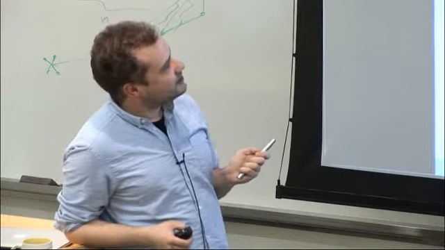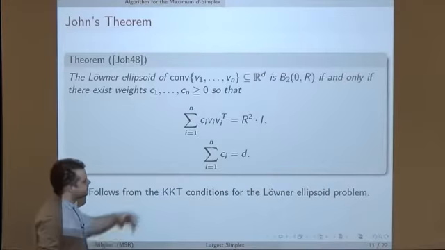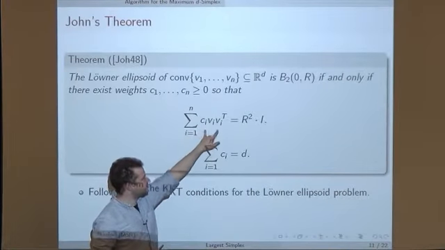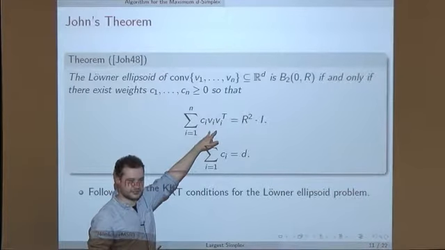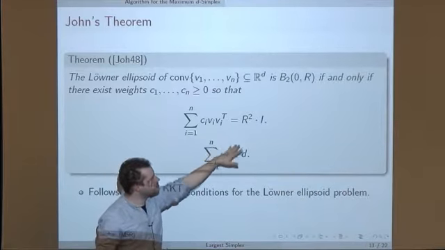The smallest volume enclosing ellipsoid of the convex hull of points v1 to vn is a ball of some radius if and only if there exist non-negative weights ci that you assign to the points, so that the sum of ci times these rank 1 matrices vi vi transpose has to be equal